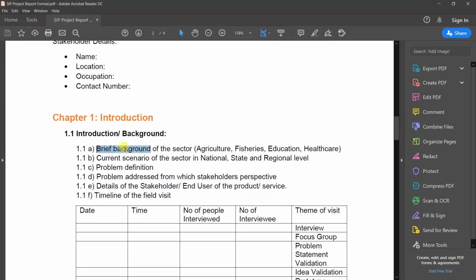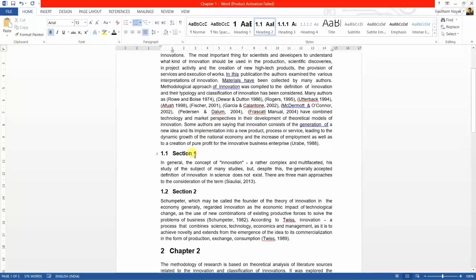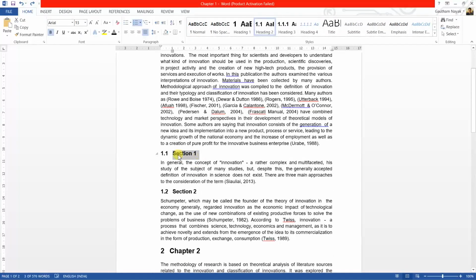We'll just copy it and paste it to the Word document. I will select this and make it heading 2 and then delete this.